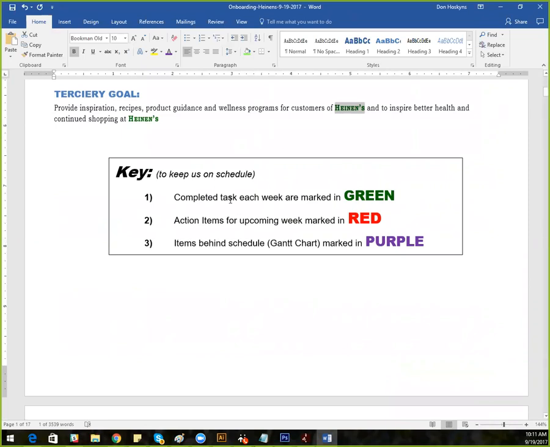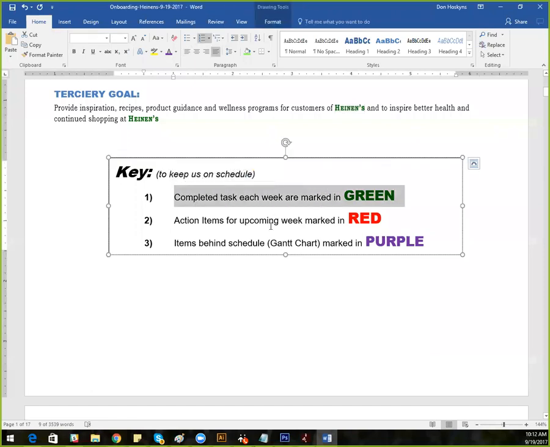So trying to keep things on schedule, we're developing a Gantt chart. When you're putting this all together, you're going to go in with the people from the corporation, and you're going to decide what needs to be talked about when, what needs to be signed up when, when you're going to educate people, when you're going to upload people, and all of those types of things. You're going to put that into a timeline, and then specifically follow that timeline, marking any tasks that were completed during the week in green,